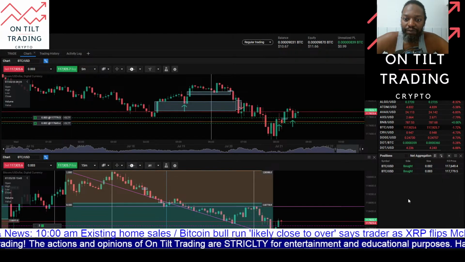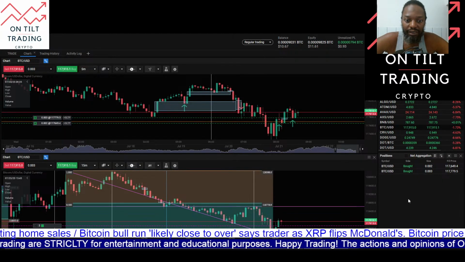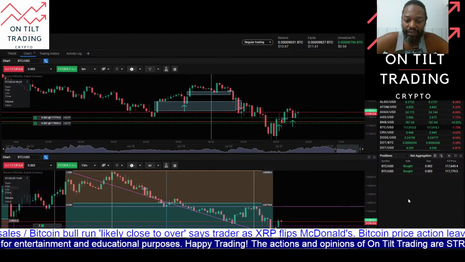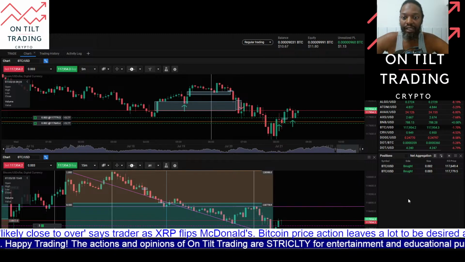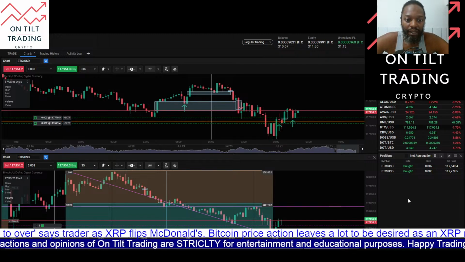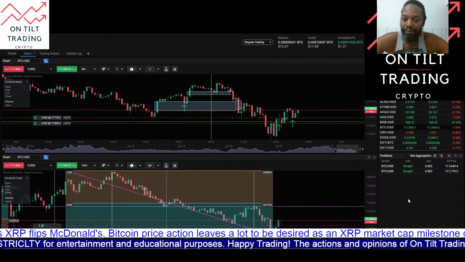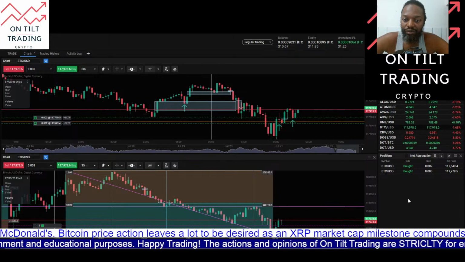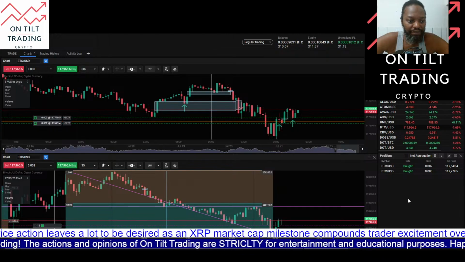So I'm simplifying some of the things that ICT is teaching in the mentorship by using this 15-minute chart. But in my mind, how I see this system functioning is trading reversals. Essentially, I'm a reversal trader using this methodology. So using the 15-minute chart